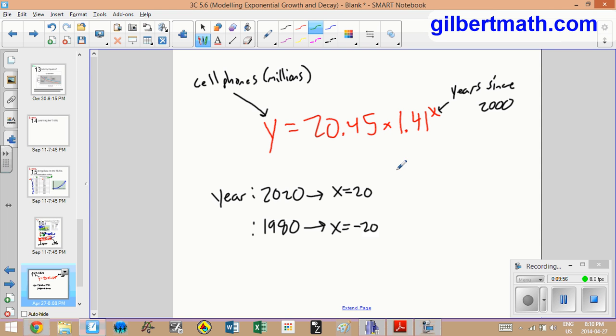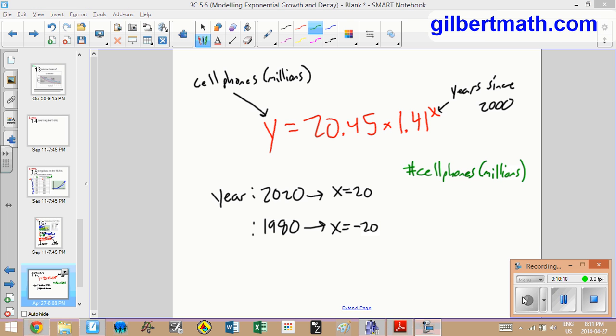And then here I'm just going to put a number of cell phones in millions, and then I'll calculate them. And I encourage you to use a calculator to calculate them as well. In fact, I suggest that you do it before I do by taking the 20, plugging it in there, and then taking the negative 20 and plugging it in there. And just ensure that you get the same values that I get. Okay, so I ran the positive 20 in, and I got